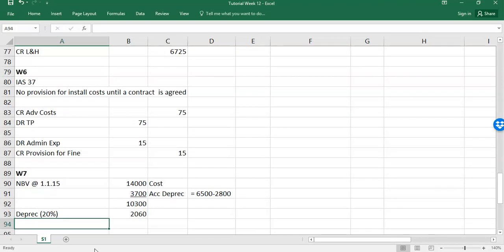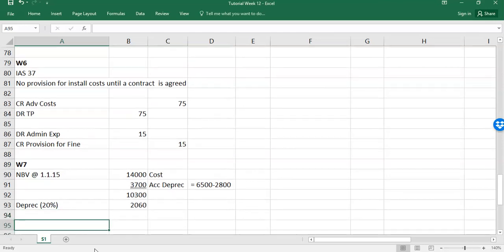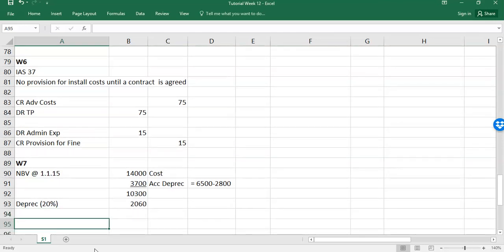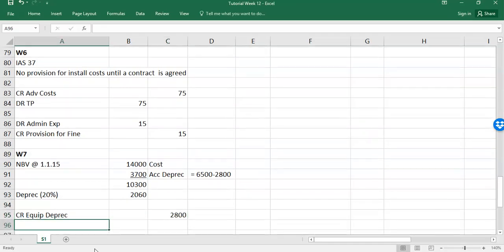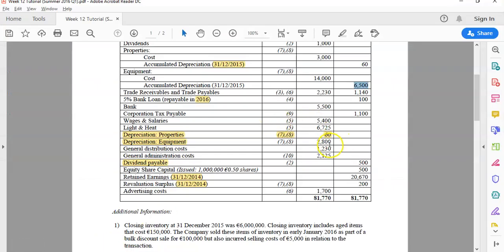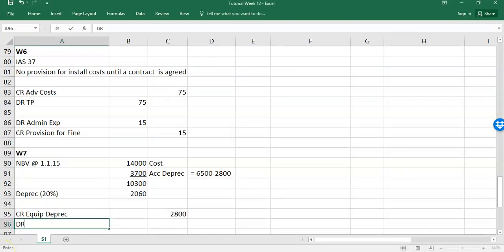So what you're essentially saying there is you've over depreciated. The equipment depreciation shouldn't have been like that. So you're going to have to make an adjustment. So what we're going to say here is we're going to credit equipment depreciation 2.8 because that was wrong. That's the one in the trial balance. So take that out. You're going to debit cost of sales